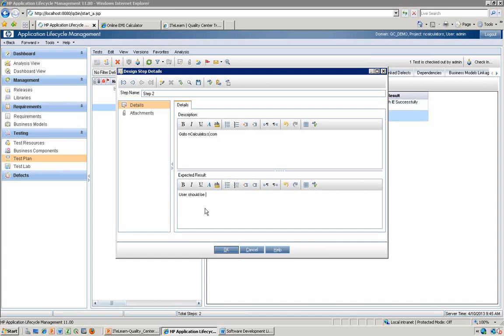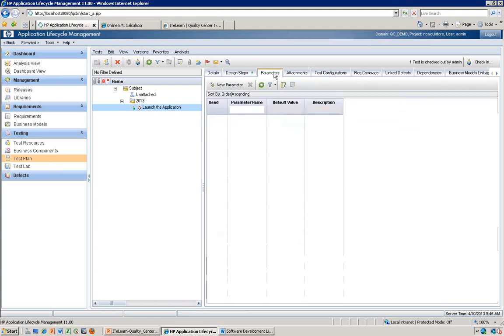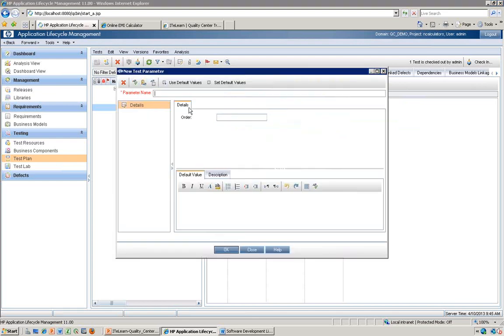User should be able to go to the specified website. Okay, fine. So for launching the application, let's say it has got 2 steps. Are there any parameters involved? Let's say we can call a URL a parameter here. URL, uniform resource locator. So we will tell the www.order. This is the first,